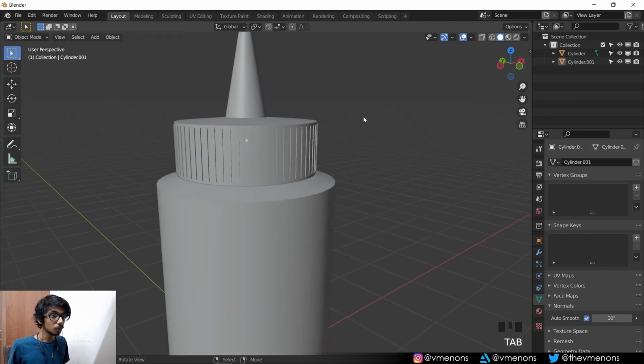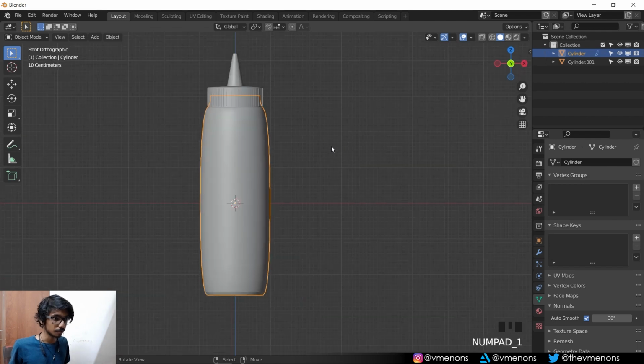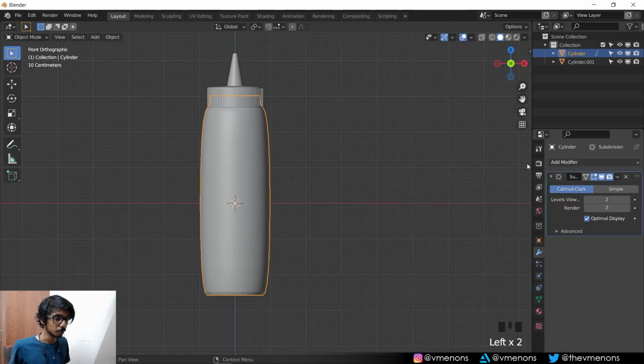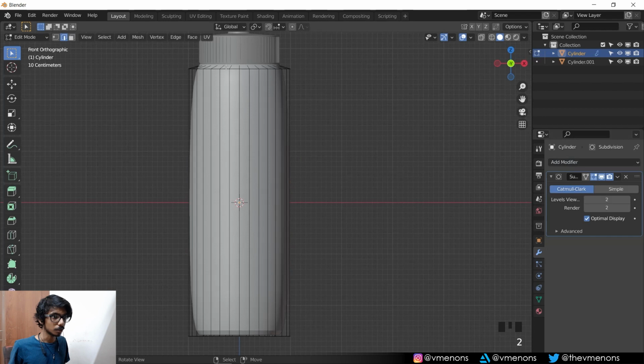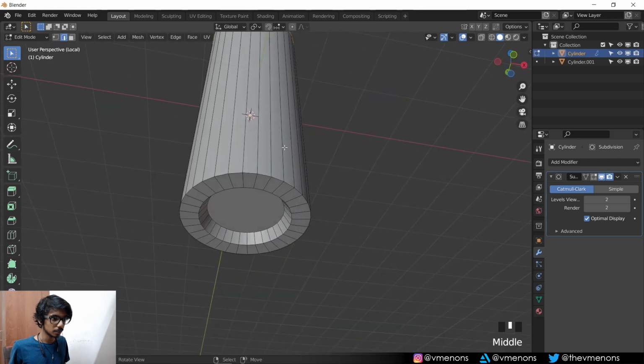Cool. Now we're going to be adding the Sub Surf Modifier. Just press Control 2 to add a Sub Surf Modifier, or you can go ahead and add it from here. And I'm just going to select the edges of this bottle. Just gonna have to select these